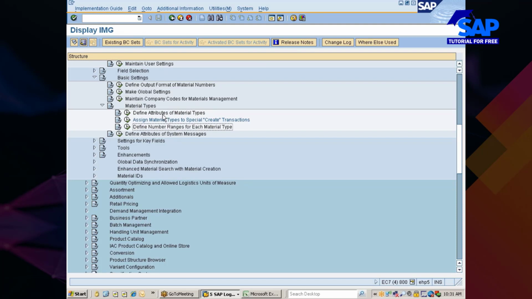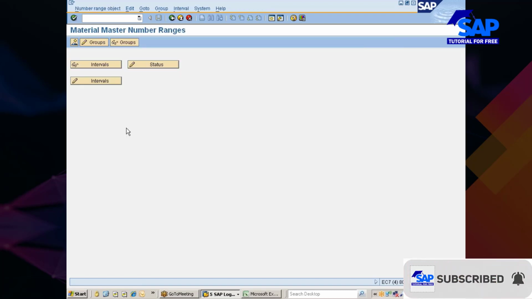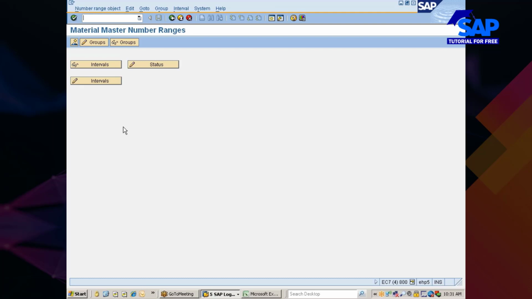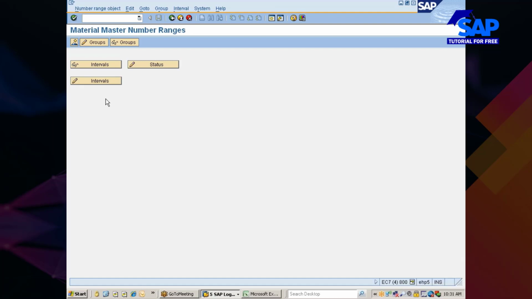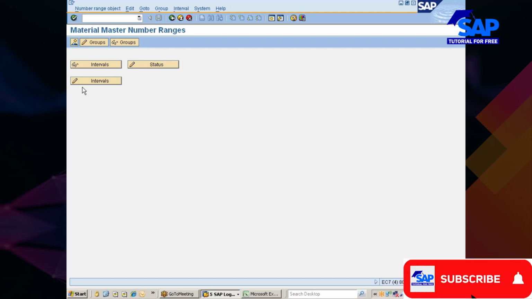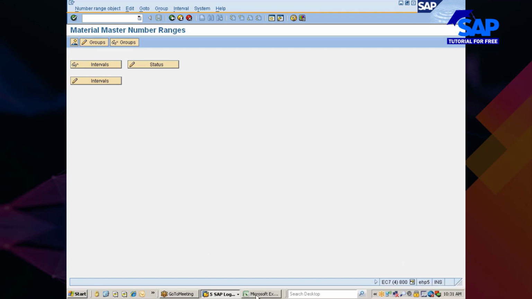So how do I configure the material numbers? You see it here. I go into this node, and the number range concept is the same everywhere. You need not follow different sequences or scenarios when you are setting up a number range for a material, a vendor, a purchase order, a contract, a goods receipt document, it could be anything. You will have only these three tabs. You have got something called groups. So setting up number range,